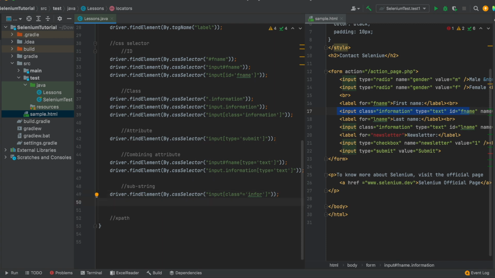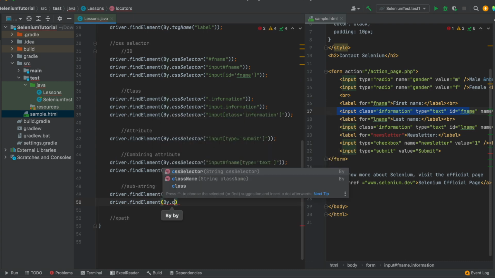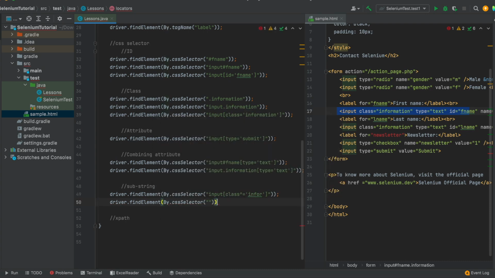Okay, now note the next example. Here I'm writing driver.findElement by CSS selector, and then within brackets I'm giving the tag name input, and then within square brackets I'm writing class $ sign equal to tion. And now that means look for the tag named input, and then look for the class that ends with string